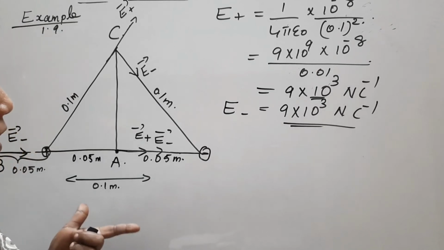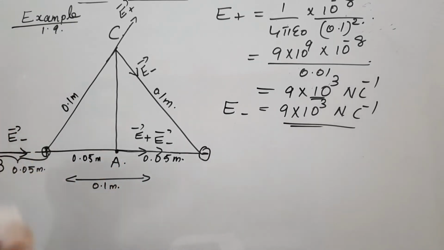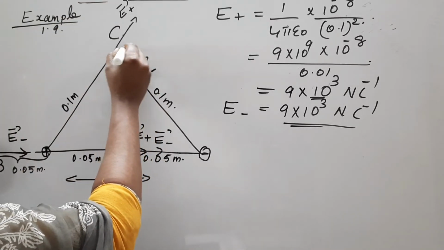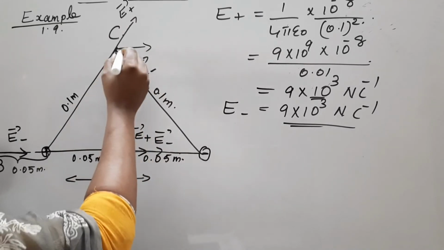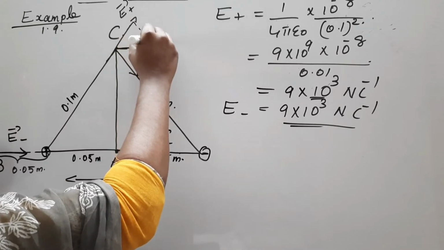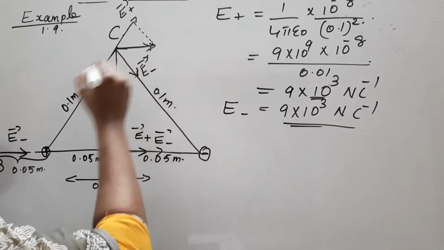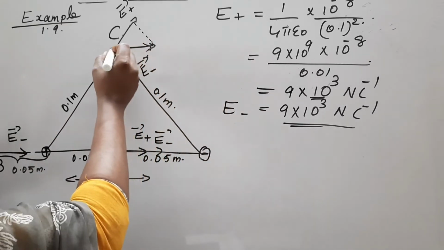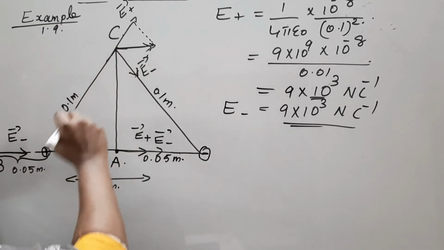Or you can apply parallelogram law itself. So the thing is this, here what we need to find is the angle between the two vectors. If we draw a line like this, that means if we complete the parallelogram and draw the diagonal, you will get the diagonal like this. That diagonal represents the resultant. So actually that diagonal will be parallel to this. So the thing is this, since this is a